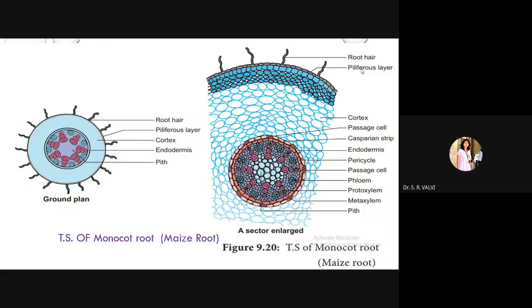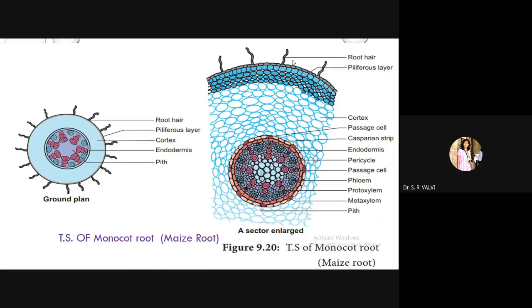Please do remember. Now, what is the function of this root hair? Root hair helps in the absorption of water from the outermost layer. It absorbs not only the water but also the minerals from the soil. Yes, it is present within the soil. It is root. So it is going to absorb the water and minerals from the soil, and it is going to transfer these minerals and water inside to the cortex as well as to the stele region.